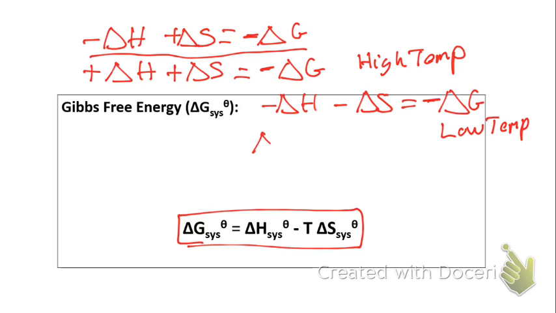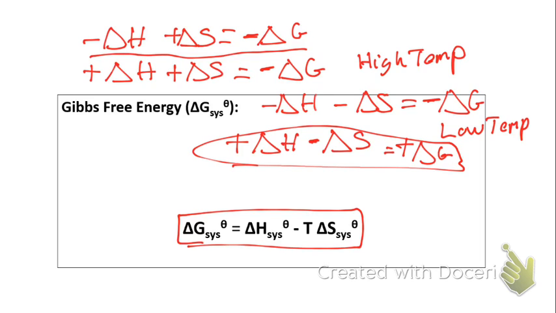And finally, if delta H is positive and delta S is negative, then delta G will always be positive and it will always be non-spontaneous, okay? So these are the 4 criteria situations that you need to know super well for the test. Absolutely need to know them, okay? In class, we will actually practice this a lot more, and we'll also practice using this equation to actually solve for delta G of the system.